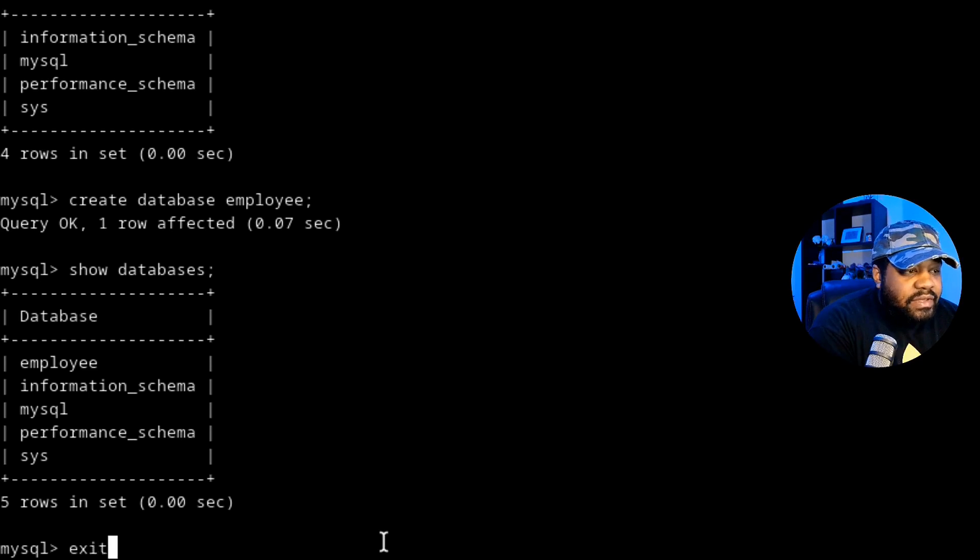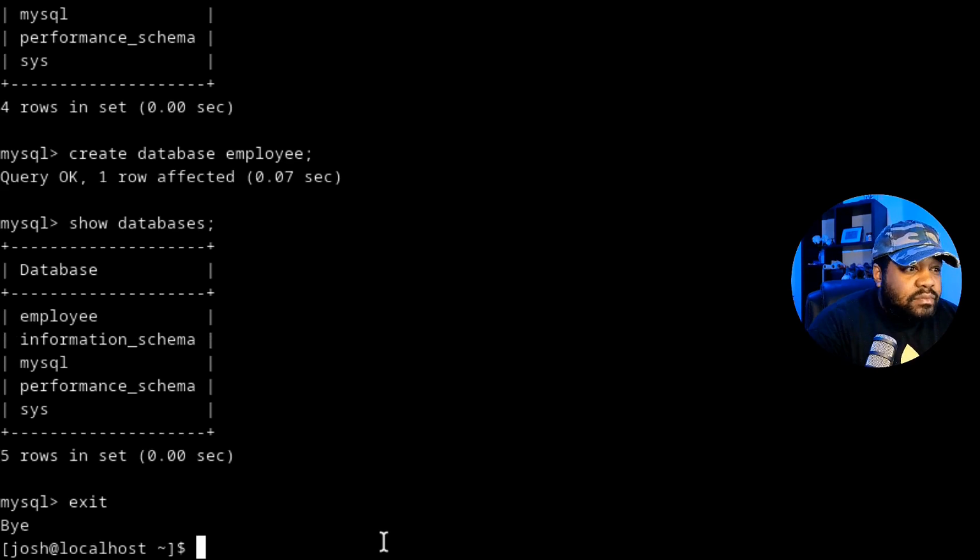So now that we have everything set up, we can exit out of MySQL, and let me show you the command to restore the database. So sudo mysql, and then we have to put our user in there, so root, and then -p for the password, and then we have to specify that database that we just created, that empty database, because it needs somewhere for it to go. It's not going to just create that database for you. It's just going to modify that current named database that we have in there to represent what we had previously within the backup. So now we just put that left arrow in there, just like we did when we imported before, and then we pull in our employee underscore backup